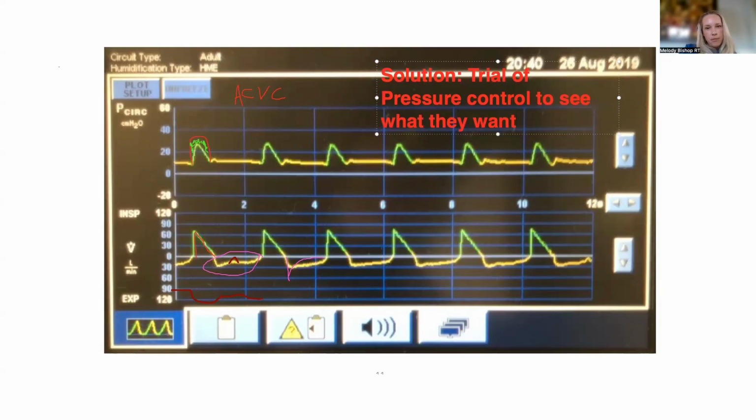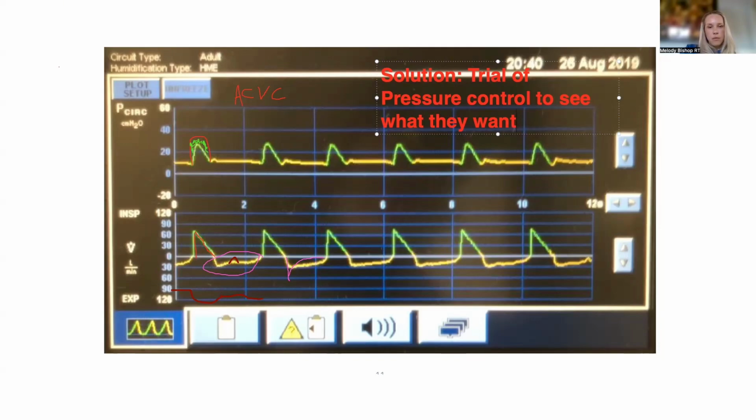I agree. I would probably switch them to pressure control or pressure support for that matter. Now the issue becomes that this most likely isn't a switch it and then we're heading back to the call room situation, right? Because as much as this patient's working, they can certainly pull a big volume, which depending on the lung mechanics could be good or bad. Meaning, if they have normal mechanics and they pull a big volume, you might be worried about volume trauma.